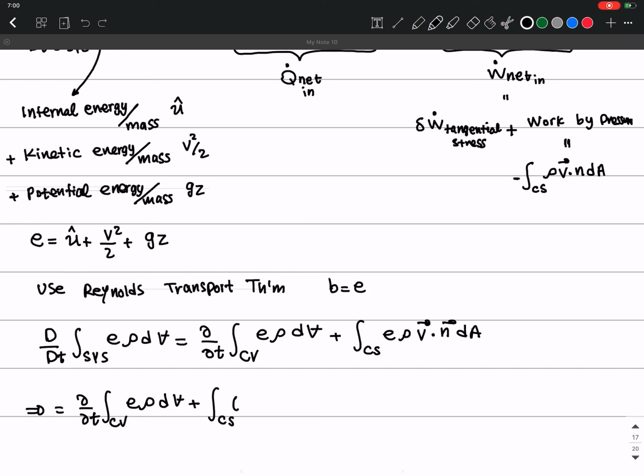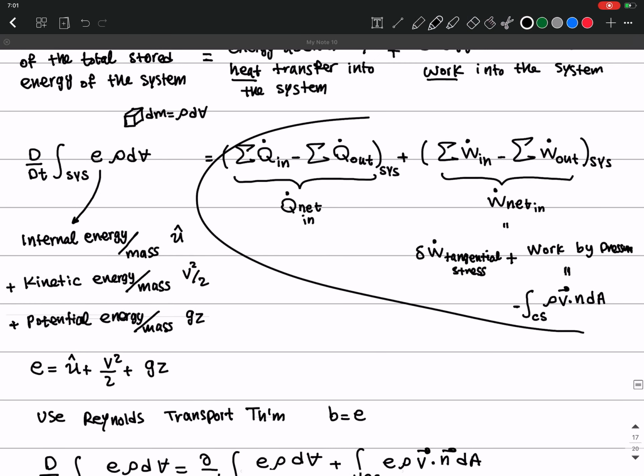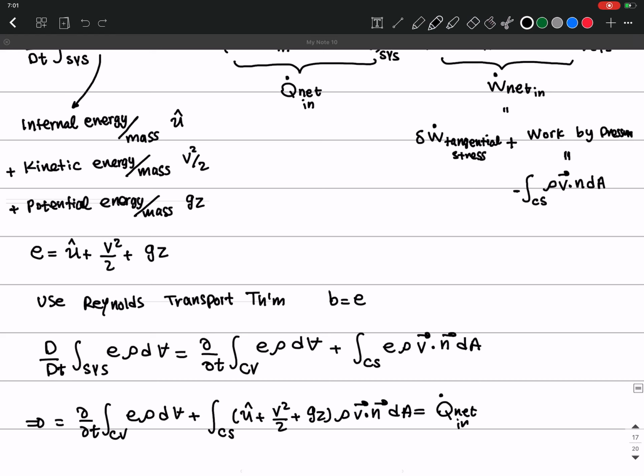So I write it as U plus V squared over 2 plus GZ times rho V dot N dA equals to Q dot net in, which is the right hand side, right? Right hand side of this. I want to write this down. Q dot net in